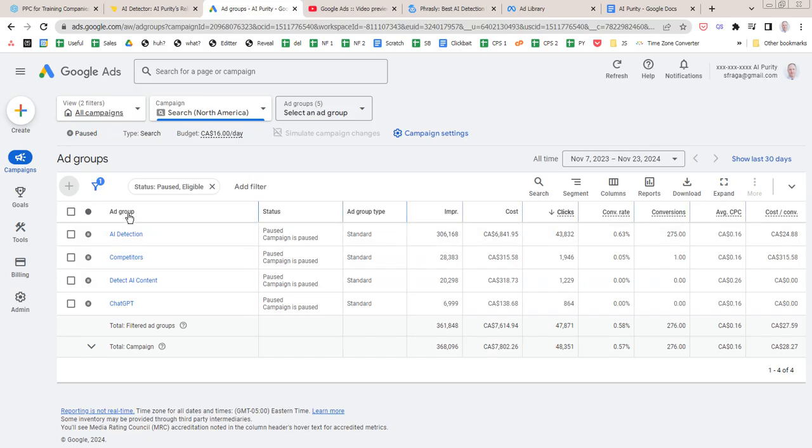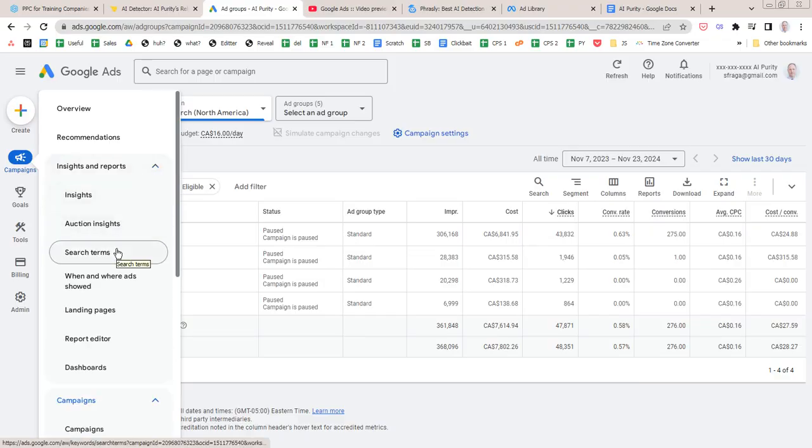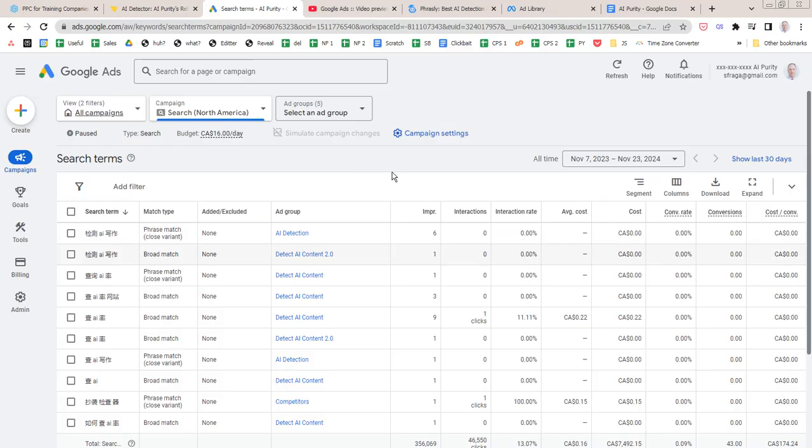So if I go to the search terms, yeah, well, those are fine. I don't know how that showed up, but that would be a language setting, I guess. And let me sort by number of impressions.